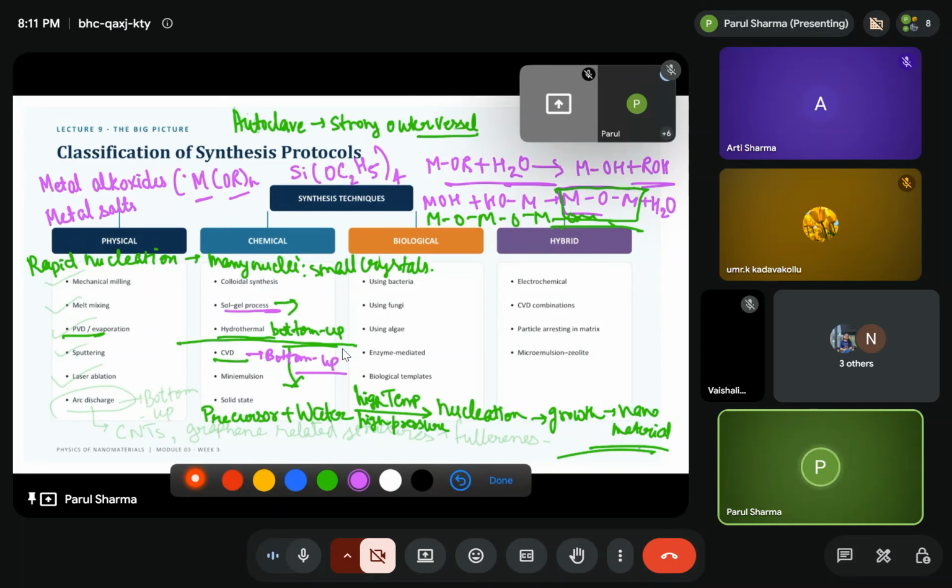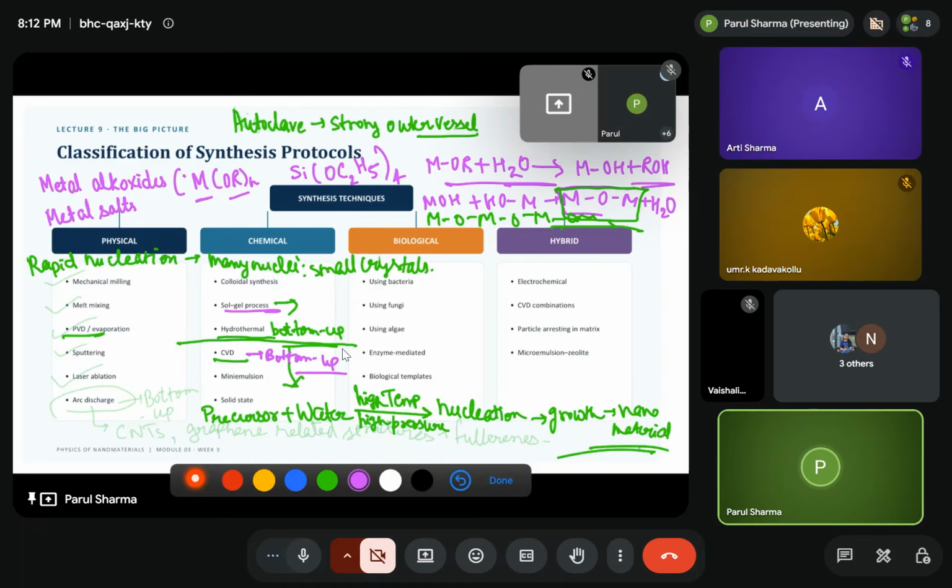Bottom-up technique which we are using for producing the thin films, nanowires, nanotubes. Also, the one important thing is 2D materials. So the fundamental idea is different from PVD here. In PVD, a material was physically vaporized from a source. In CVD, gaseous chemical precursors are introduced in a reaction chamber where the precursors will react chemically or decompose at a heated substrate to form the